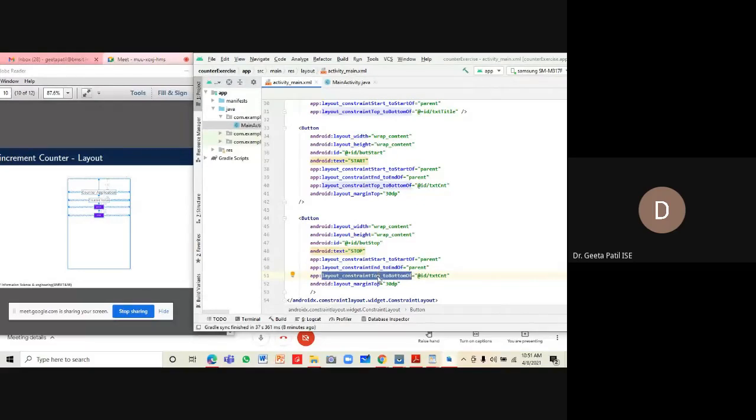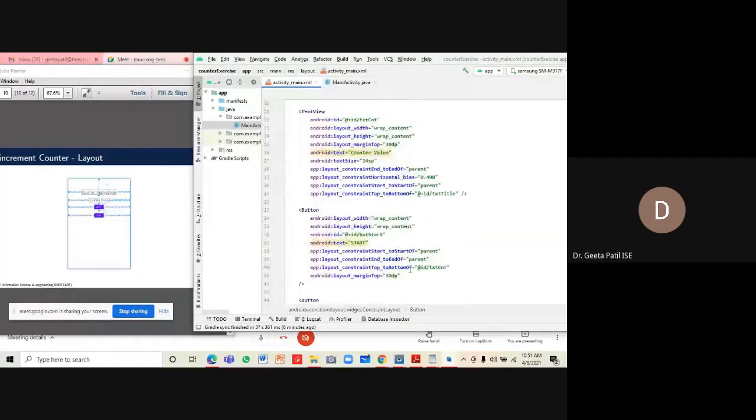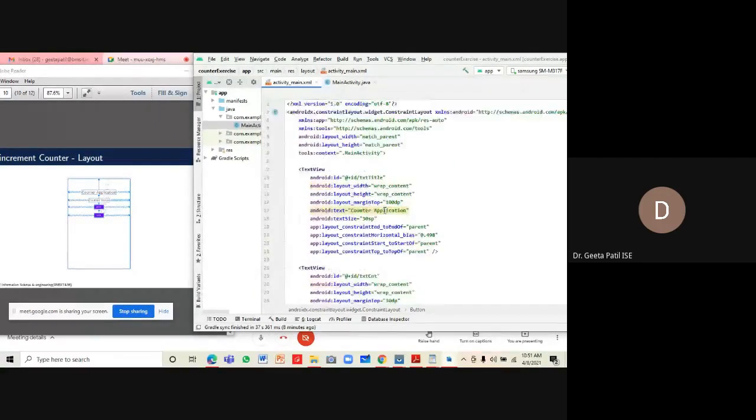Top of this is constrained to the bottom of, not txt count, but button start. And this is 30 dp away from button stop.